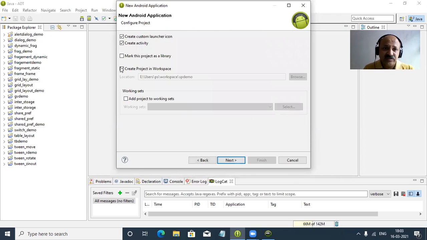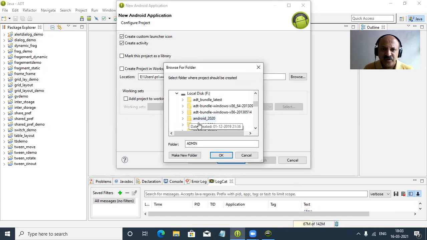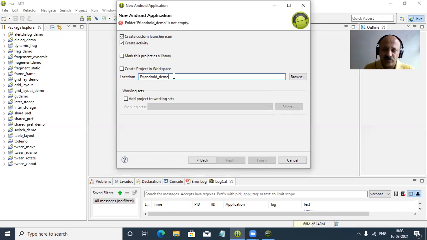So yes, but here we have to change our workspace folder. So in this laptop, the app drive, yes, here app drive, and we can select the Android demo. Yes, that is our main workspace folder. And now again, if there is a red sign here, we cannot type again, because it gives the error. So we have to type the same name again, sp demo.